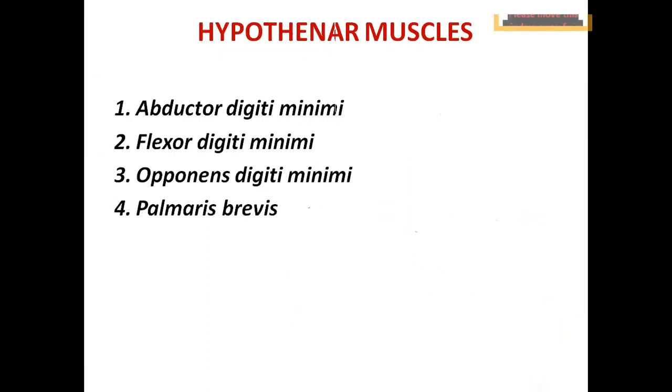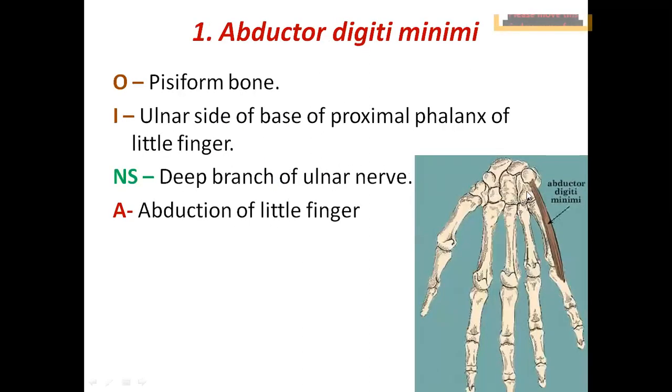Now, once you are done with the thenar muscles, we will go towards the eminence of the little finger side of the palm. You call it the hypothenar eminence and hypothenar muscles. Again, of course, palmaris brevis is a small muscle which we found just within the deep fascia, right? Apart from that, AFO is the code which I asked you to remember. So what are those? We have abductor digiti minimi, flexor digiti minimi, and opponens digiti minimi. Now let us start with abductor digiti minimi.